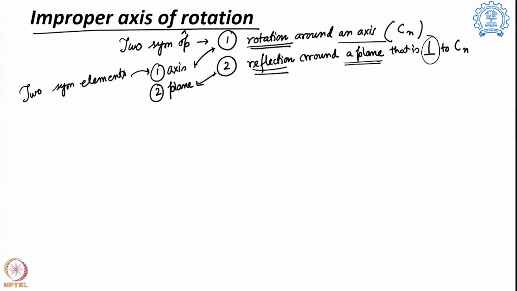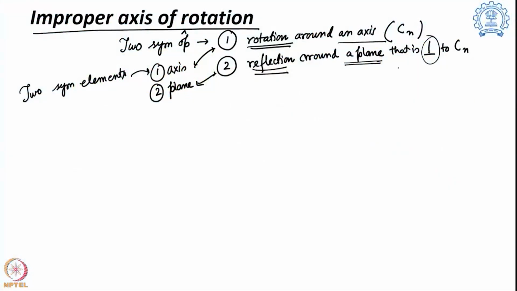So, we are going to do two of them together. I am going to combine two operations: one is the rotation around an axis, and another is a reflection around a plane. If I get a similar looking molecule from the original, meaning a superimposable and indistinguishable structure, only then we will say that we have an improper axis of rotation, and this is defined as Sn,